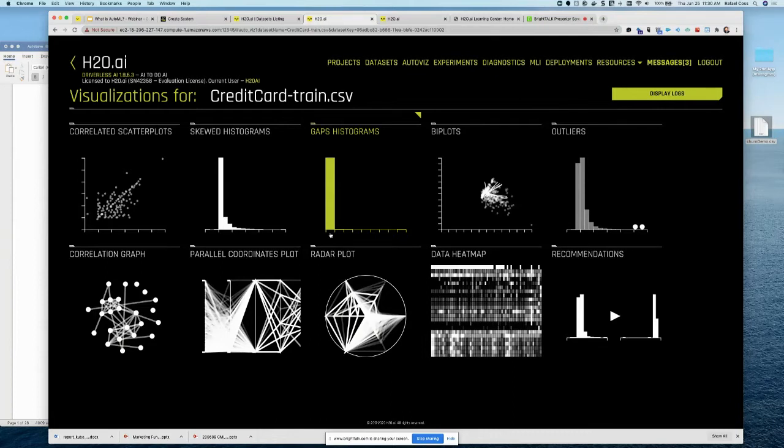In this case, what we're seeing is we're starting to leverage AI to do AI, and Driverless AI has figured out some interesting patterns that exist in the data, and they're shown to you. In this case there are 10, but sometimes there are 6, sometimes 13. It really depends on what exists in the data, right? And so again, it's streamlining the process for you to understand what's happening.